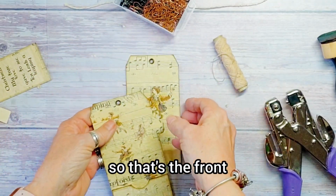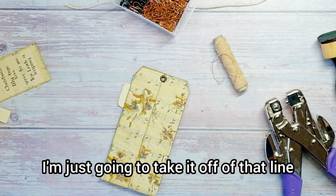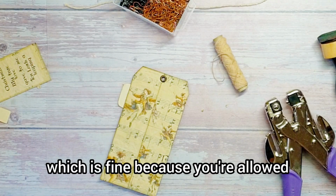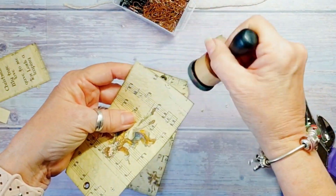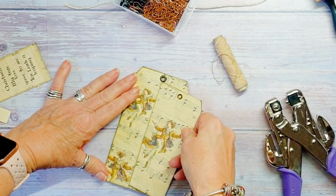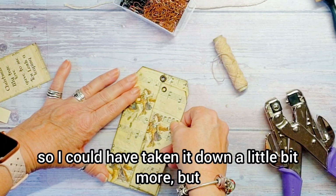So that's the front. Now this one might not fit in now. No, it's not going to. So what I'm going to do, I'm just going to take it off at that line, shorten it down, which is fine because you're allowed. And re-ink it. And I think that, no, it's still... It's just making it a little bit of a tight fit, so I could have taken it down a little bit more, but